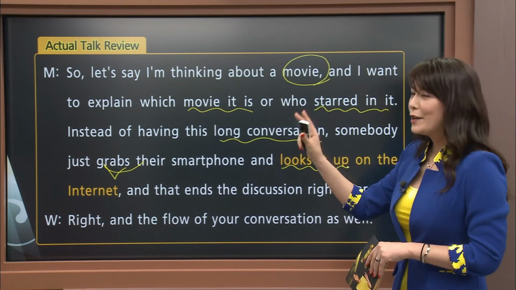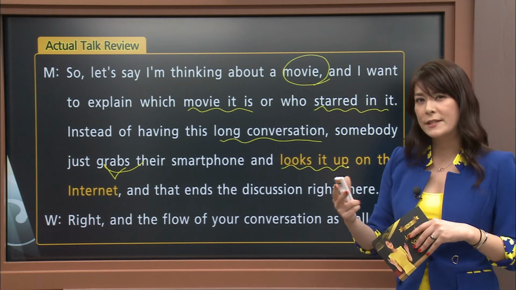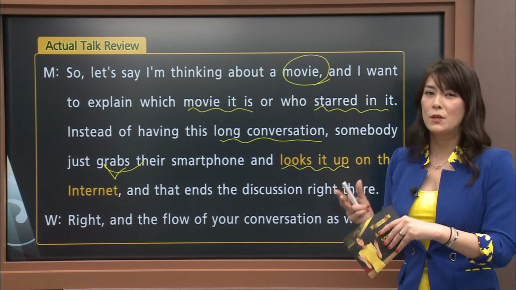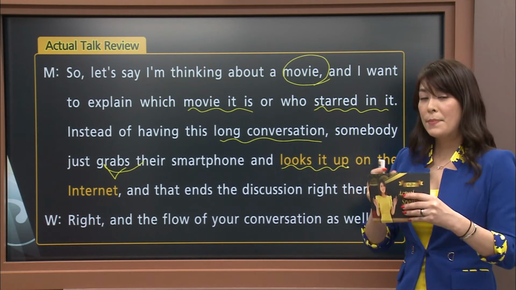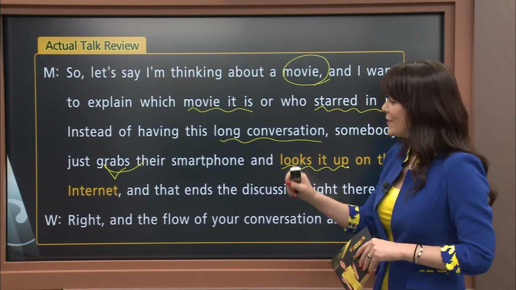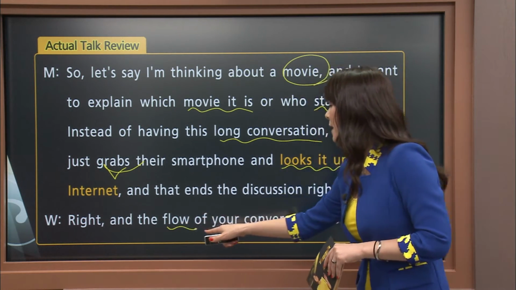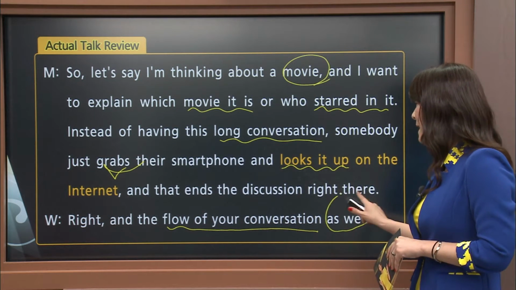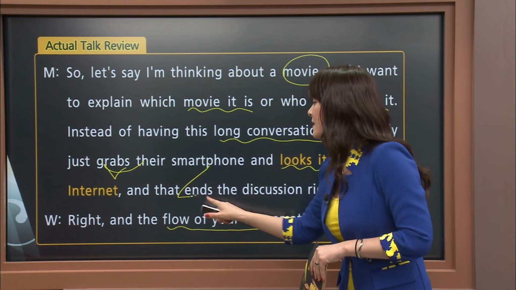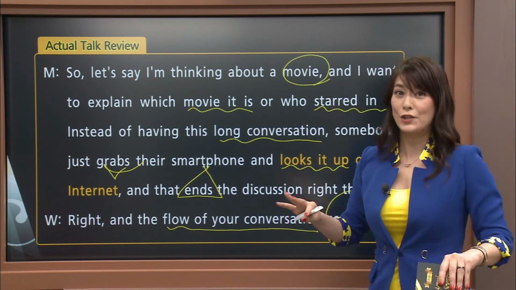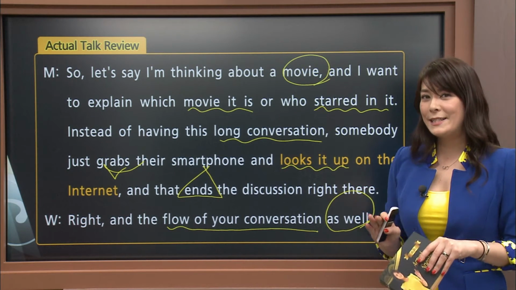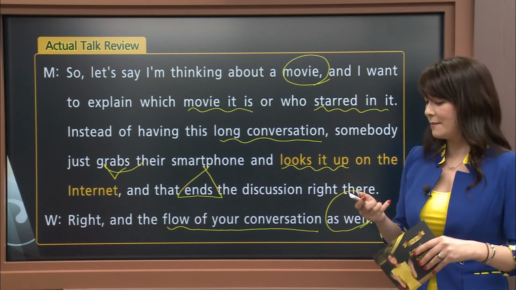So they're talking about a movie and they're having a conversation, but instead of talking about who stars in it, what the movie is about, they just pop up their smartphone and look it up on the internet. And then Rachel says, right, and the flow of the conversation as well, meaning the discussion ends right there, okay? The discussion comes to an end, finish. No more discussion, no more conversation, because it's very easy to do a search on the net, okay?